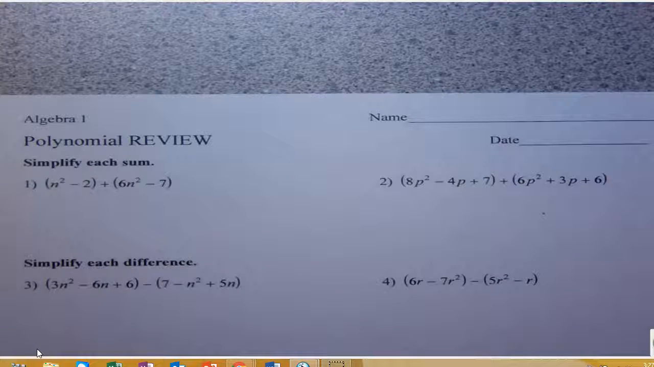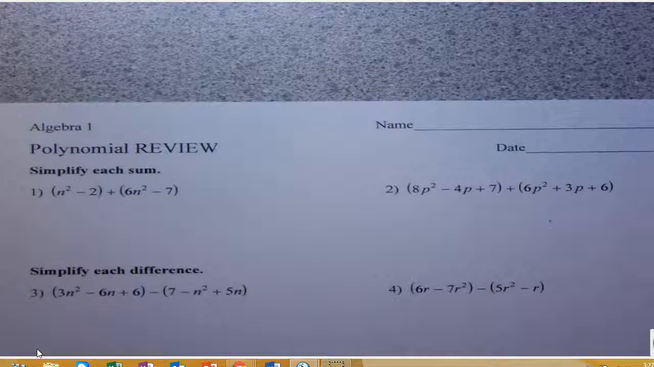Okay, guys, here is the polynomial review. So we're going to take this review. The test is next class, so hopefully this will help. I will do the odds, and you are responsible for completing the entire review, and it is due before your